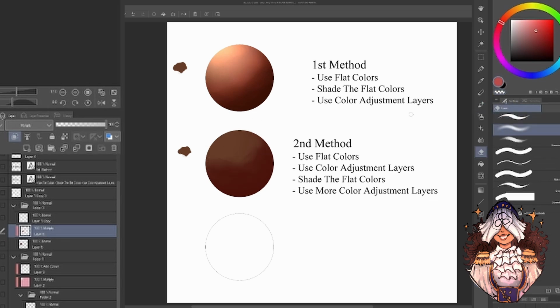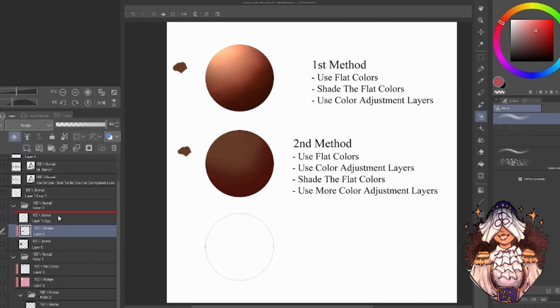I sometimes prefer mixing them and still using the soft eraser or the airbrush eraser, because when you go back again to shade the flat colors, you're still going to be adding brush strokes at that point. So it's good to stick to soft airbrush unless you want to erase it with the brush. It doesn't matter. Anyway, now that we have that, we're going to create